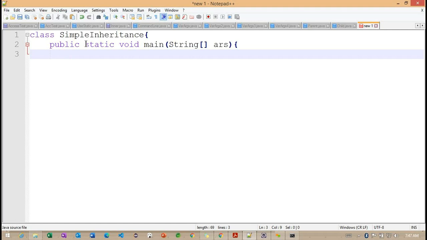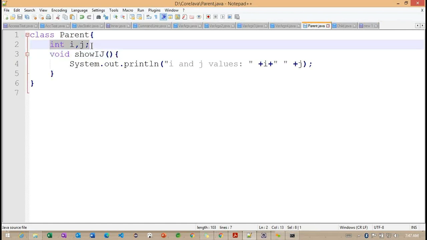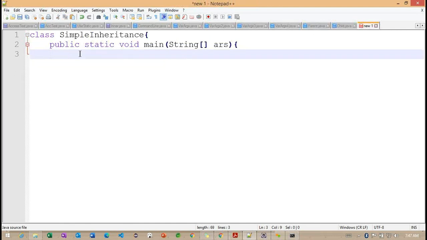Right? Here basically I want to initialize the values. If you check the parent and the child class, these variables we could not initialize as of now. So I want to initialize these values here. Let's see how we can initialize.